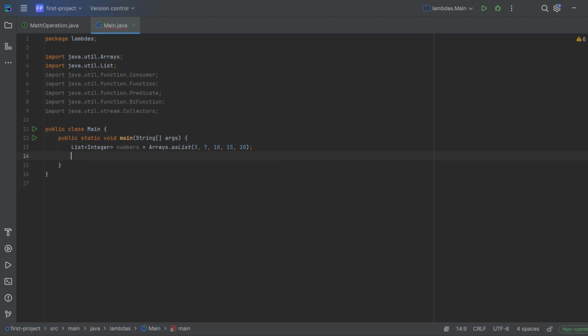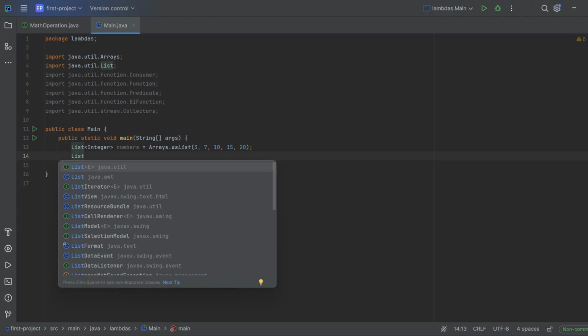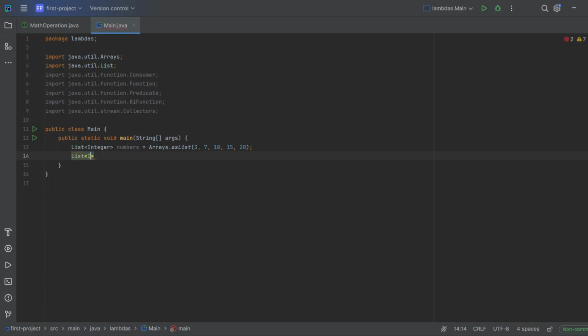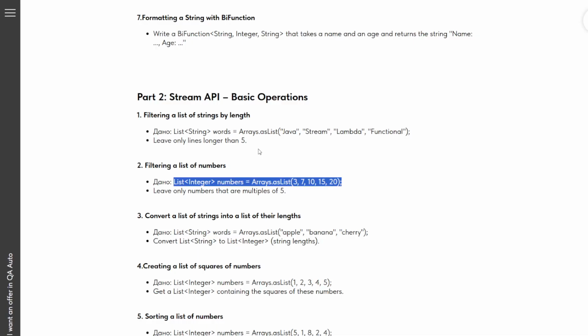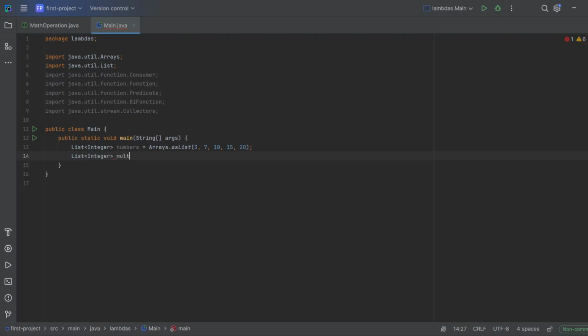Let's create another list where we will store the result. So List<Integer>, how do we call it? multiplesOf5. Okay,